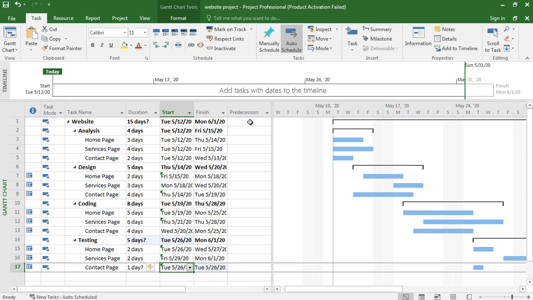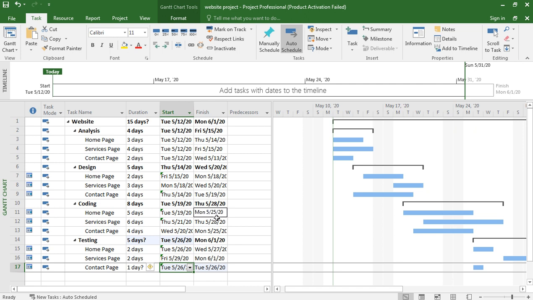Now predecessors. Okay, this is the finish date, this is predecessors. So we have, this starts from Tuesday 5/12/20, okay, and ends on 5/26/20.